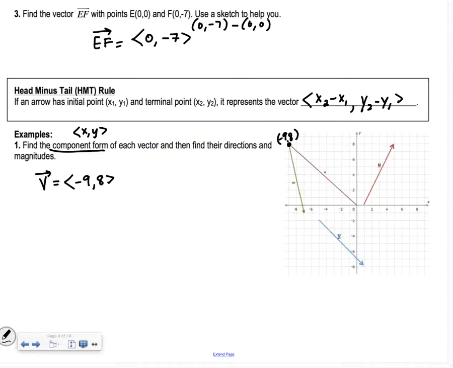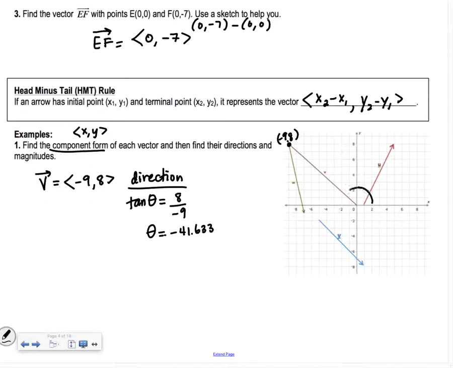Okay, what do we think its direction and magnitude would be? So if I find its direction, that's its theta, right? So I do tangent of theta equals opposite over adjacent. It's the y value over the x value. And then we do inverse tangent on our calculator. So get your calculator out and try it. And we get theta equals